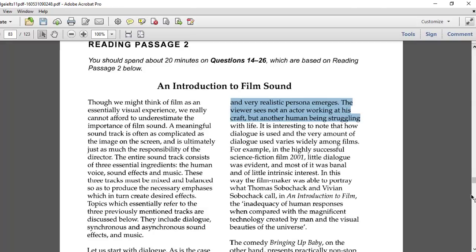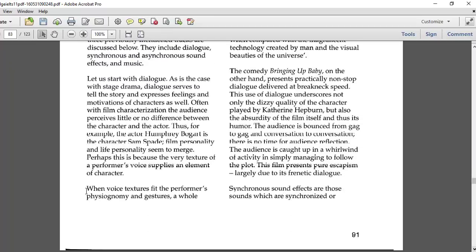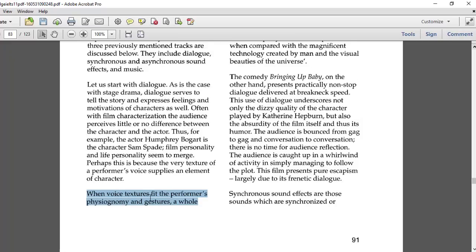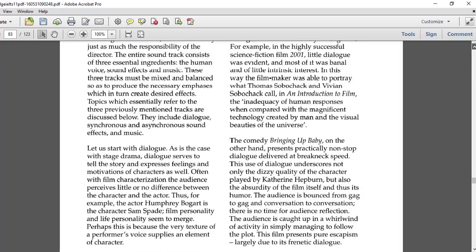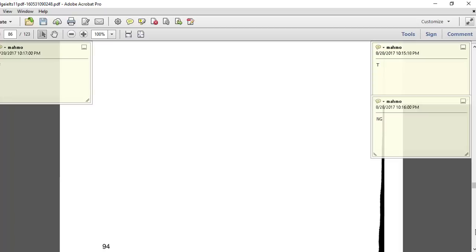Viewers see, let's move before this. When voice textures fit the performance, physiognomy and gestures, a whole voice textures, okay? A whole and very realistic persona emerges. Here we see the character working at his craft, with another man struggling. Okay, so